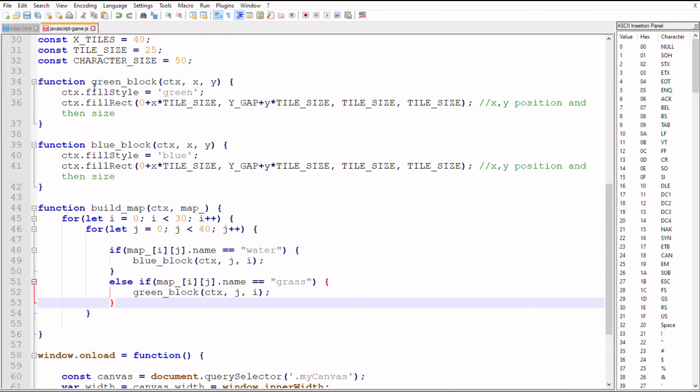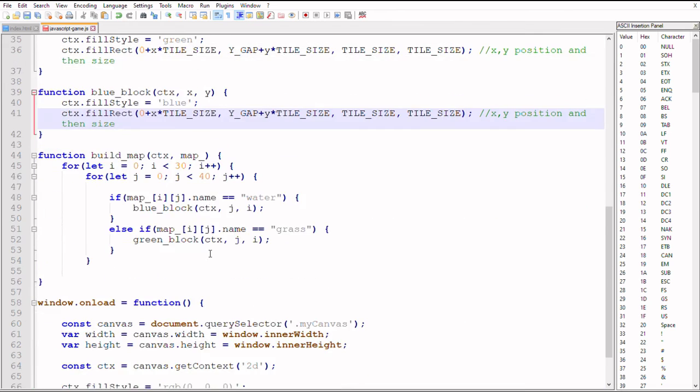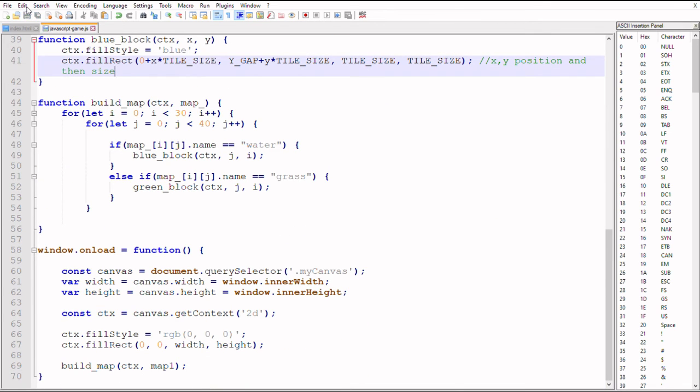Okay, so that should call here, and this uses the fill rectangle again, fill style. There's actually a way of just using the name of some colors, like green and blue. They have to be more common colors, generally. So yeah, the rest of this should be good to go, and I'm going to save that and demonstrate it. When we try that out, it now shows a screen here, the canvas, that has all these green blocks put